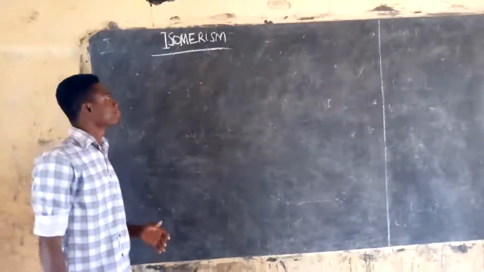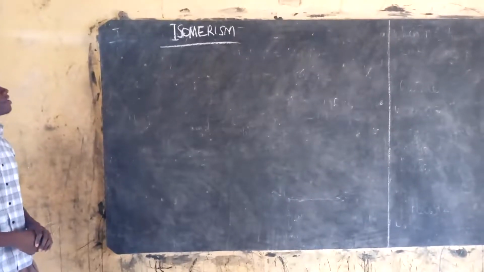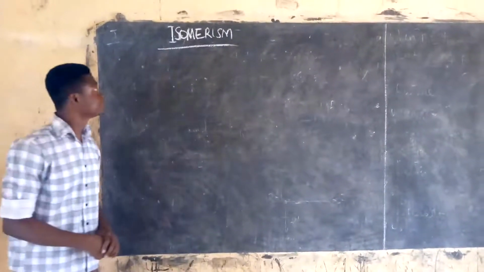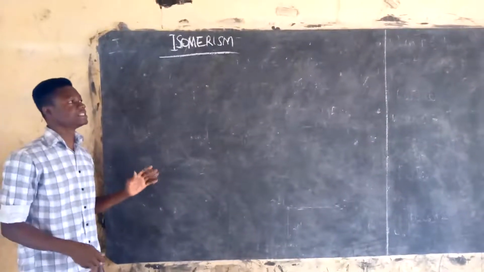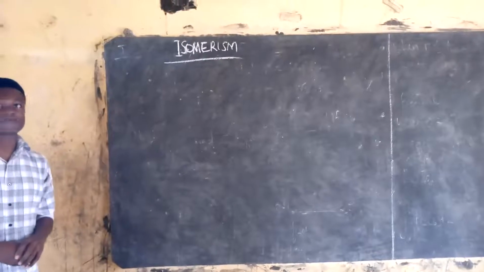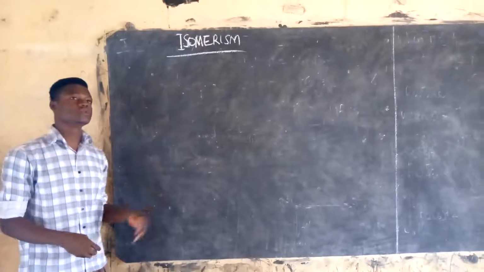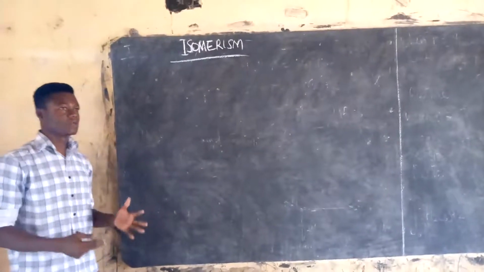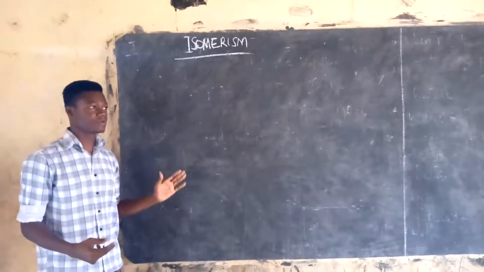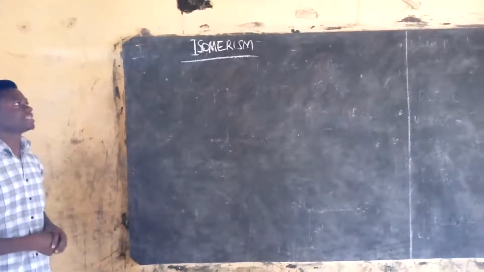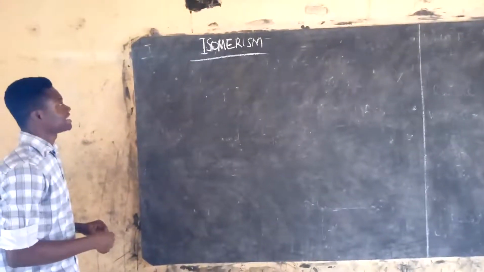Today's tutorial, I want to talk on isomerism and isomers of alkanes. When we talk about isomerism, we are talking about compounds with the same molecular formula but different structural formula. So we can have two compounds with the same number of carbons and the same number of hydrogens when you count them, but their structure is different. Therefore, they have different names. So, let's start by